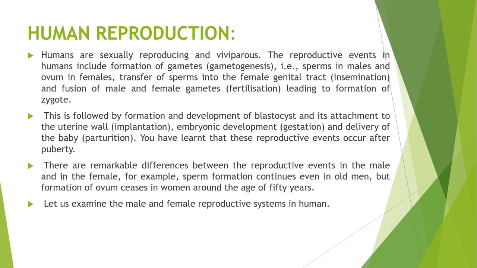There are remarkable differences between the reproductive events in the male and the female. For example, the sperm formation continues even in the old man, but the formation of an ovum in the woman stops around the age of 50 years. Okay, it is a very true and very important sentence, because what happened? Sperm formation in the male is throughout the life, but in the females